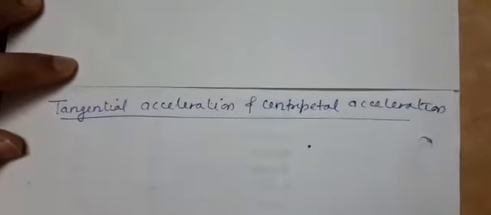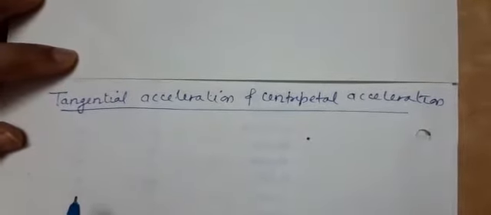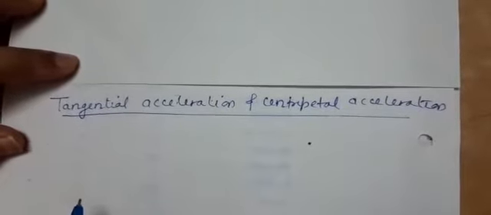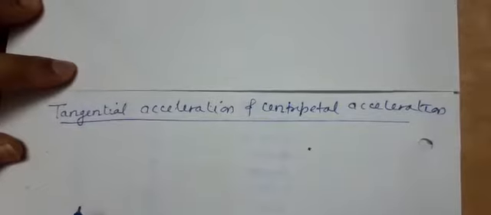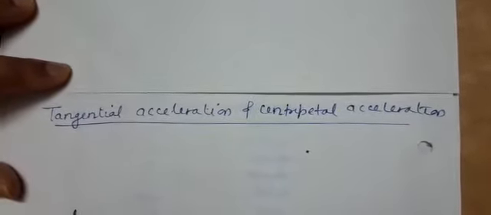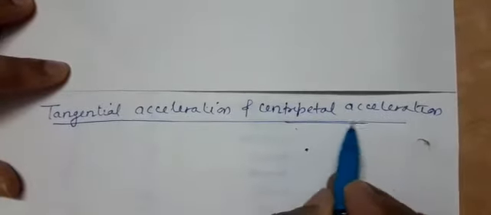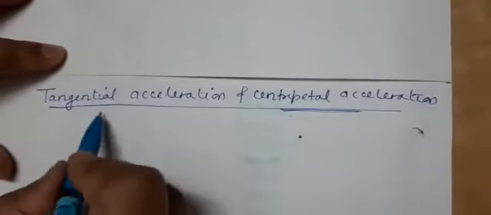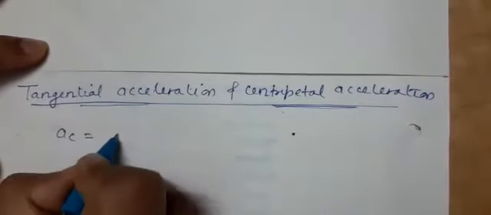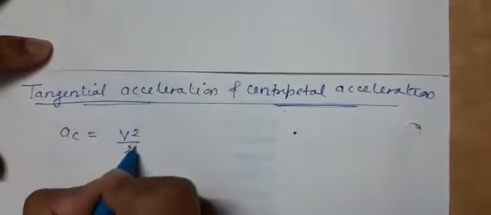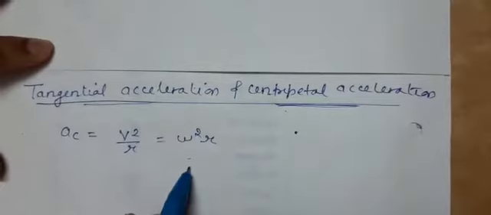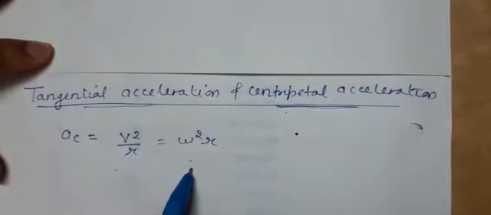Good morning, everyone. As we were discussing the concept of circular motion, we have introduced the concept of centripetal acceleration. So, when a body is moving along a circular path, basically there will be two accelerations. One is the centripetal acceleration, this we have discussed. Another is tangential acceleration. Centripetal acceleration, its formula we have derived, that is v square by r or omega square r. Any of the two formulas can be used depending upon the given parameters.